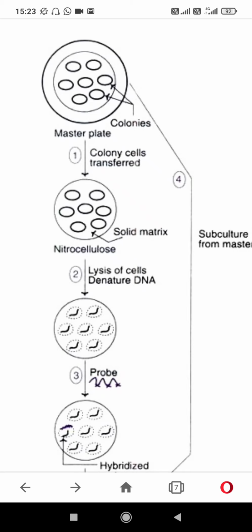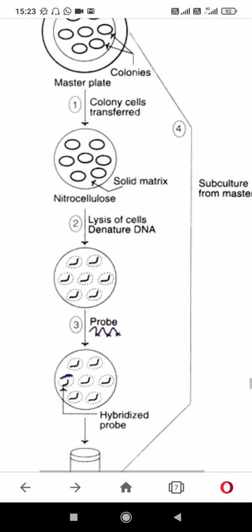And then we apply the probe. To attach the sequence to the nitrocellulose membrane, we give some hot treatment, some steam treatment, then attachment of the probe. Now if the probe has a complementary sequence, that is your target DNA, then it will obviously bind. The probe has been labeled with a radioisotope,